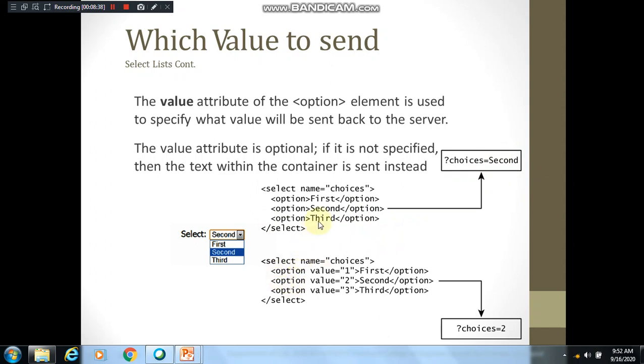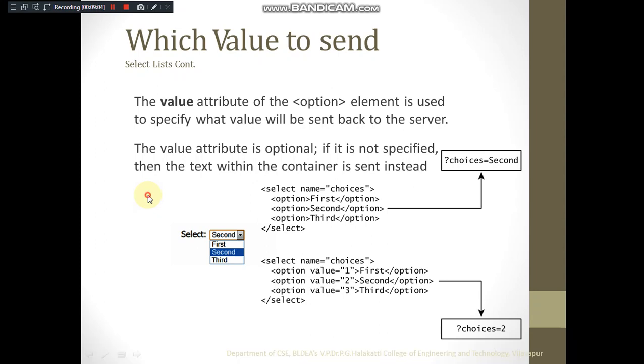Here what we have done is, instead of directly sending the value here, what we have done is we have written our own value for identification purpose. If first is chosen, value is sent as 1, second is chosen, value is sent as 2, third is chosen, value is equal to 3 is sent. In that case, choice is equal to 2 is used. So these are the two ways in which the data can be sent from a selected list.